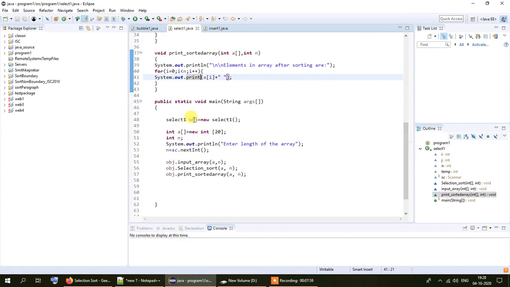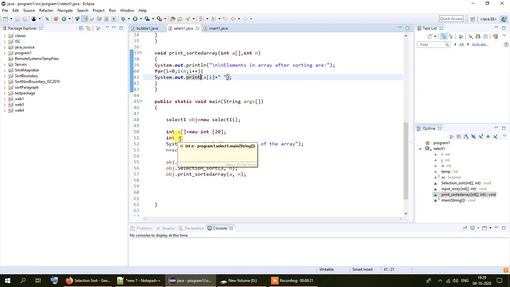In the main method we have an object of the Scanner class and an object of the select1 class, and we declare the array which is of size 20. We take a number n, and the number of elements entering the array is decided by n.